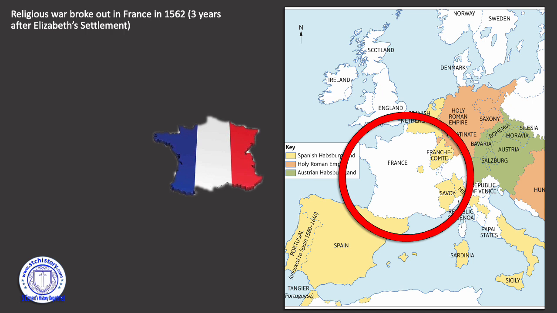So that, in a way, is good for England in the sense that France is busy, so it's not going to be worried about England so much at the moment. Particularly, remember, we've inherited that war earlier from Mary, so that could be one reason perhaps why relations might start improving there. So why might it worry Elizabeth?